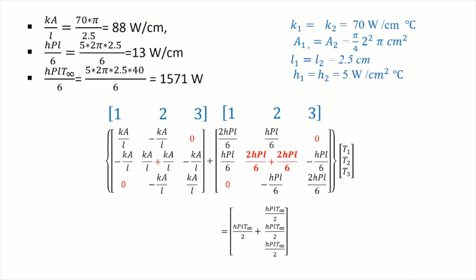This is the most important part. Got it? Writing the matrix. Now we will substitute all the values into it. These are all the values, and they are self-explanatory. I will upload the PDF in the description. You can use it for your lecture if you're a teacher, or if you're a student, you can read it for your upcoming exams. So this is the final matrix which we have got.